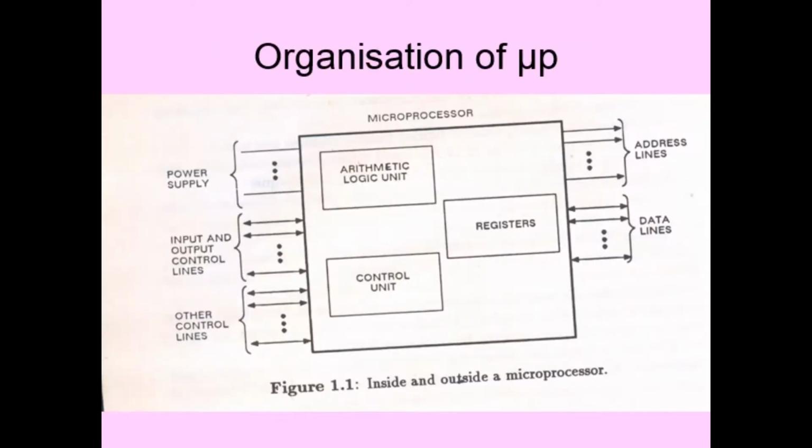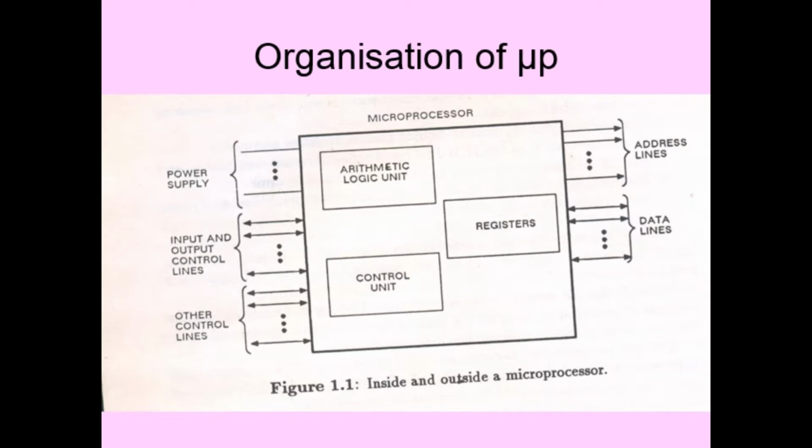Now if you look at the organization of a microprocessor, if I open my laptop and find the microprocessor, you can see Intel written there. If you open that Intel cover and look exactly inside, you will find one unit called the ALU, the arithmetic and logic unit. Then on one side you can find registers, and then a control unit. These are the main components. I am not saying only these three are present. You have an ALU, registers, and a control unit.